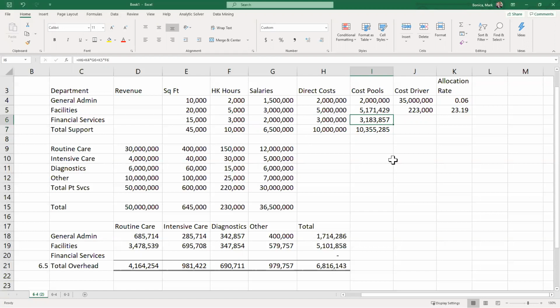And so the cost pool for financial services is 3,183,857. The cost driver for financial services is revenues, which means that we're only going to draw from